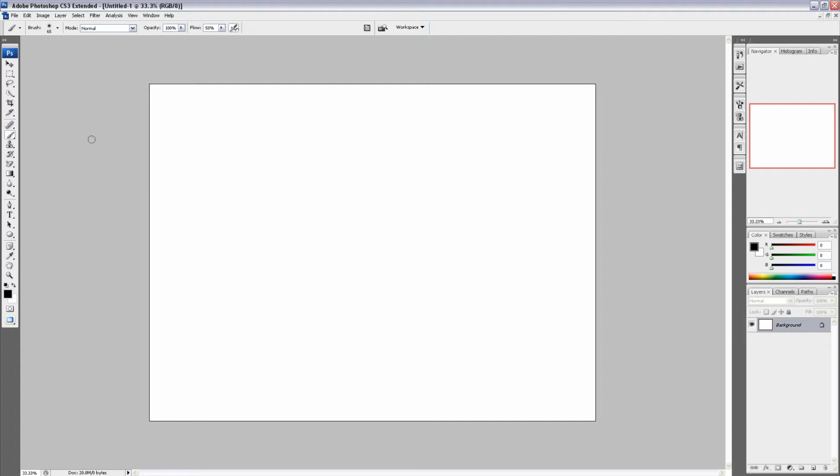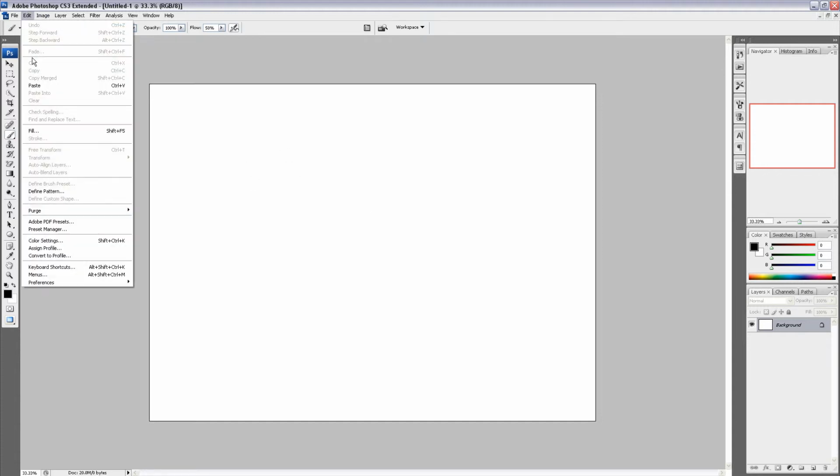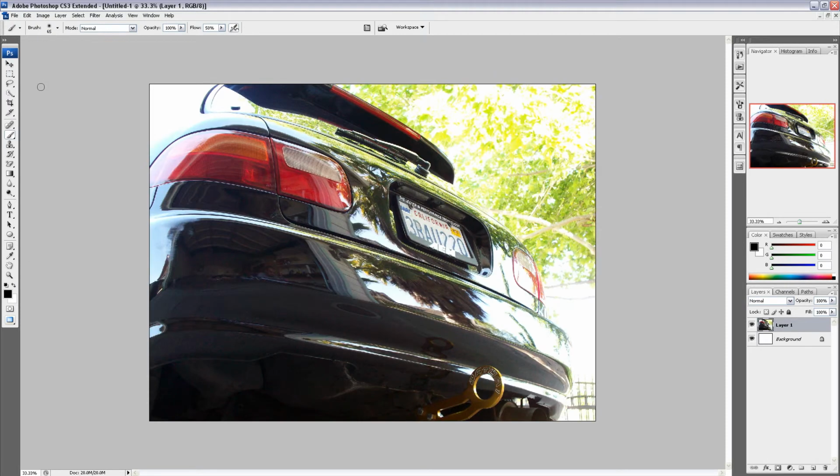Now what you want to do is take your original picture and paste that image onto this new white background. So what you do is you hit edit, paste, and bam, there we go. Now your picture's pasted on your new white background. Okay, so now if you notice